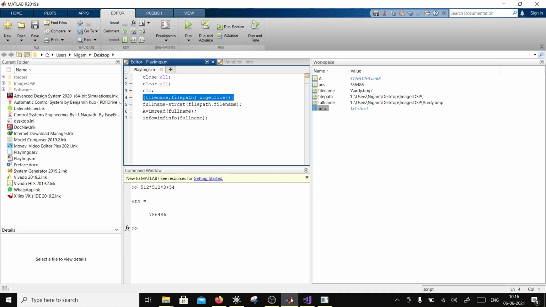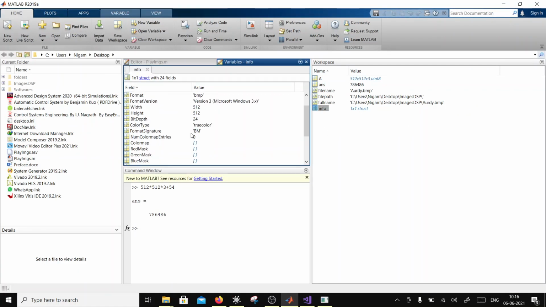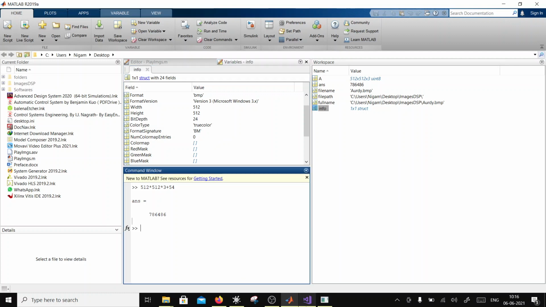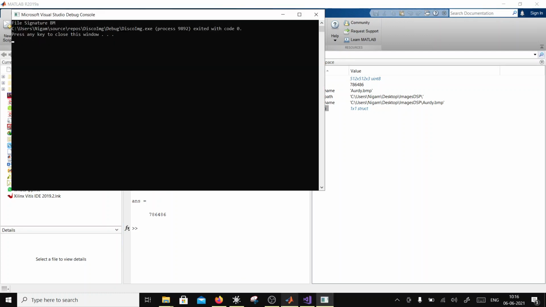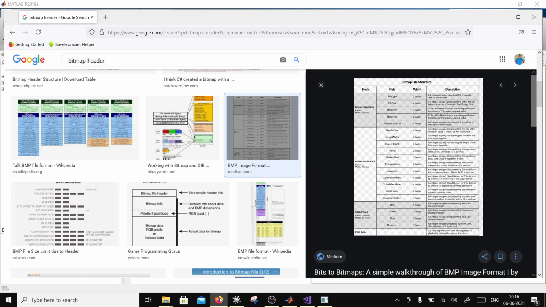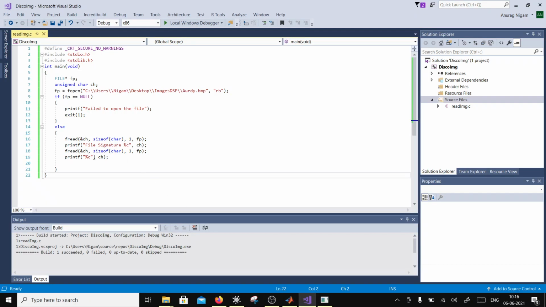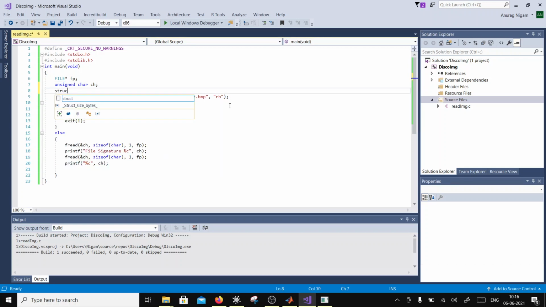And what did MATLAB do? If I look at the structure, it says format signature is BM. Correct? So what about the other headers? I can just type a structure. So very quickly, let's go back to here and create a structure, and a structure, I'll say img info.